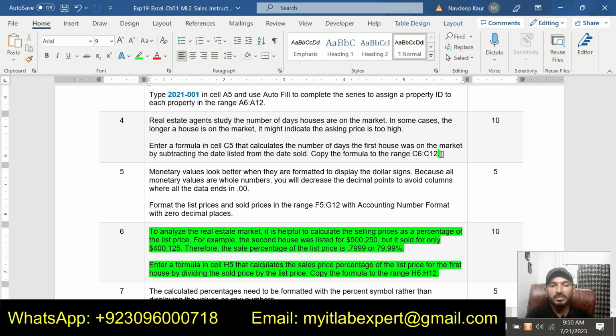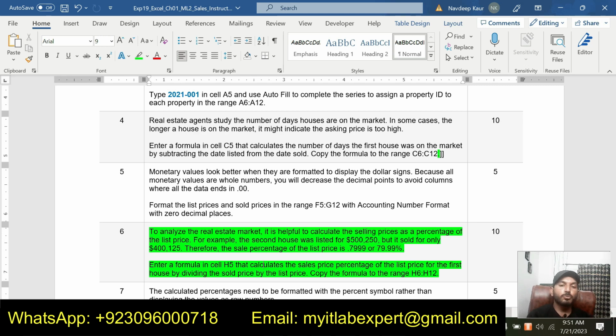Therefore, the sales percentage of the list price is 79.99 or 79.99%. Enter a formula in cell H5 that calculates the sales price percentage of the list price for the first house by dividing the sold price by the list price.